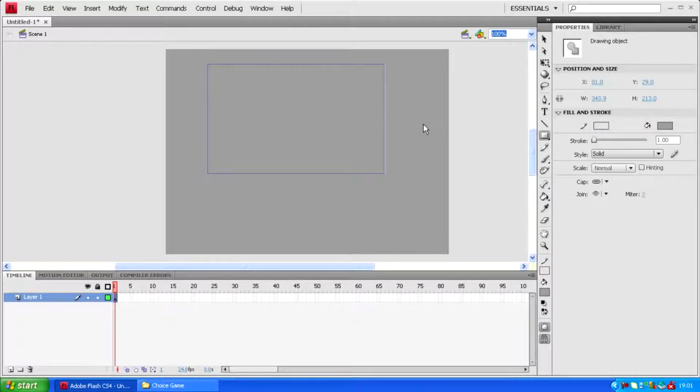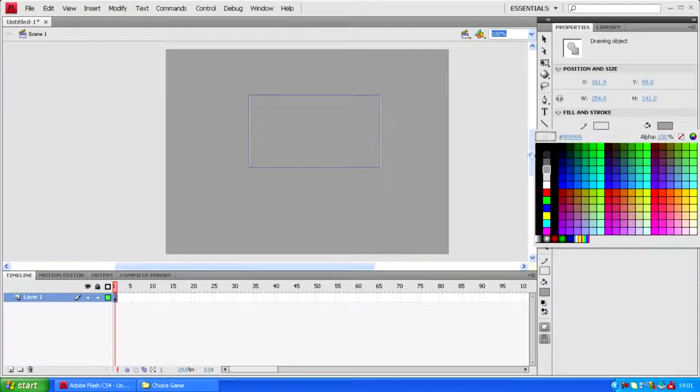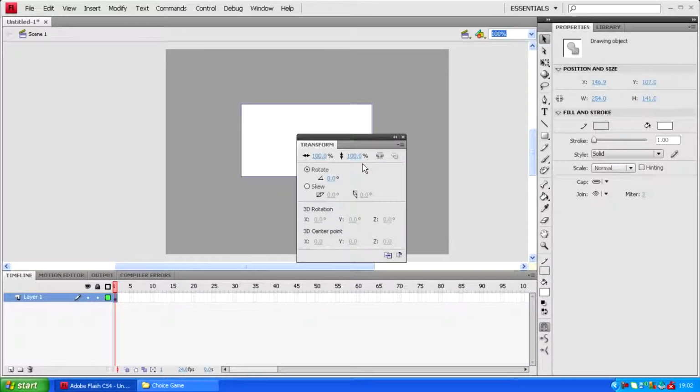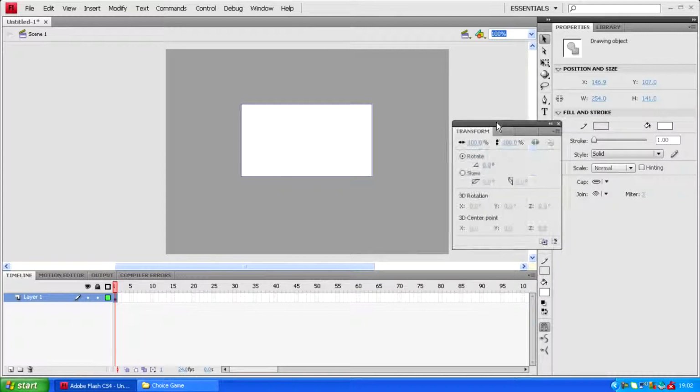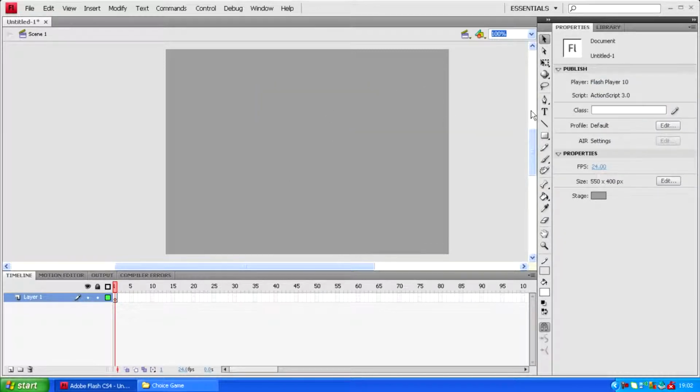You can create a box and you can have the button in there, which is okay, I guess, but it's not very appealing. If this was a menu, it wouldn't really look very good. It wouldn't look professional per se, unless you were to have this move and stuff, but that's more advanced. So the easy way of doing it, or the more clean way, is to click on the text button here